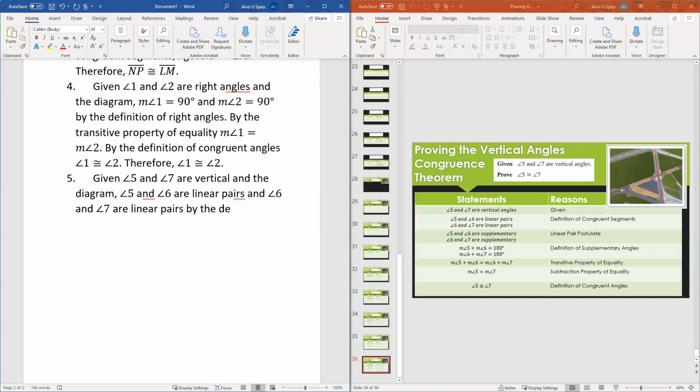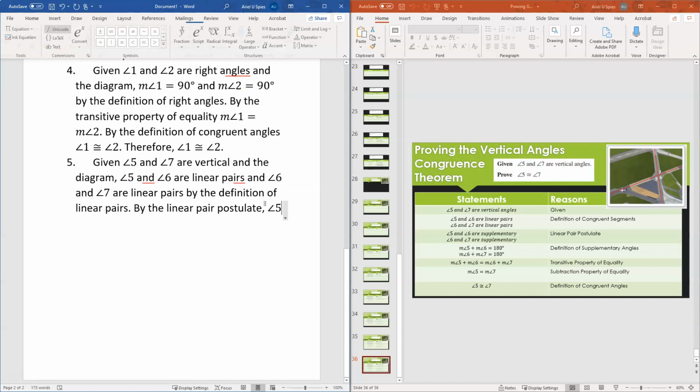By the definition, you know what? I just realized that shouldn't have been congruent segments. It should have been the definition of linear pairs. This is what it should have been. Okay. Then I can say by the linear pair postulate,